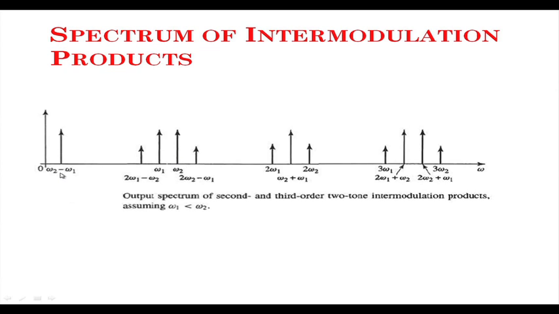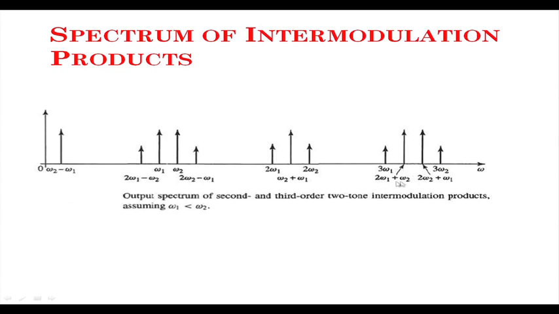Now, you see that DC is far away. Generally this omega 1, omega 2 are RF frequencies. So, DC is far away. Omega 2 minus omega 1, that means this is the second order intermodulation, is near this DC, because omega 1 and omega 2 are nearby. Similarly, 2 omega 1 is double of that, so it is far away from this zone. 2 omega 2 is also far away, omega 1 plus omega 2 far away,